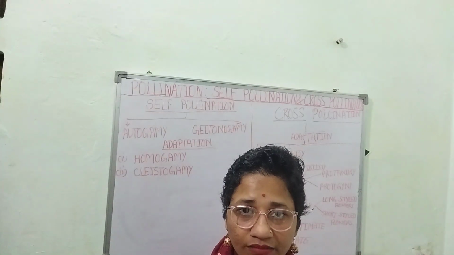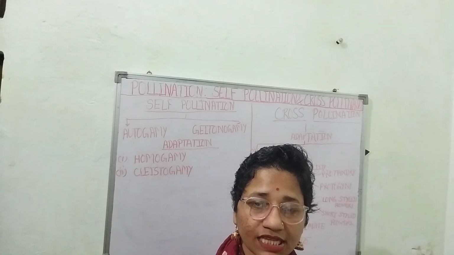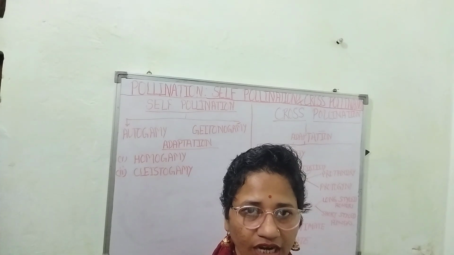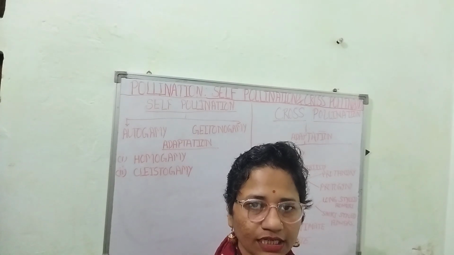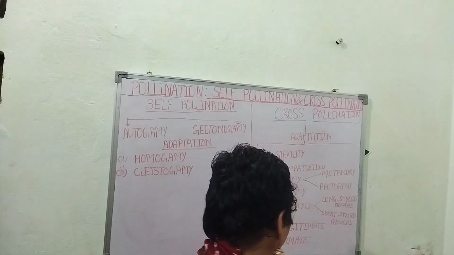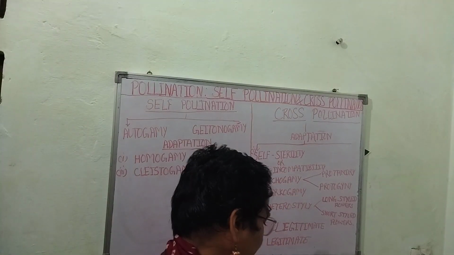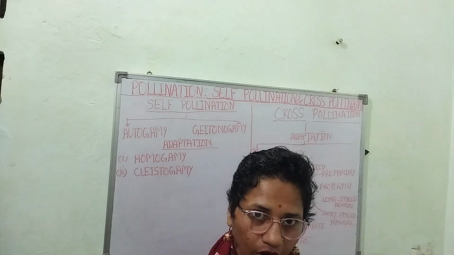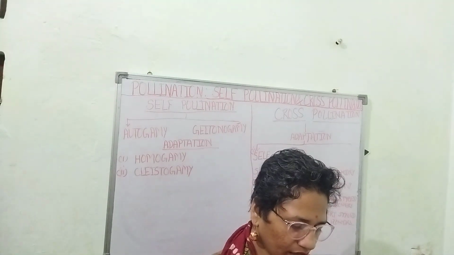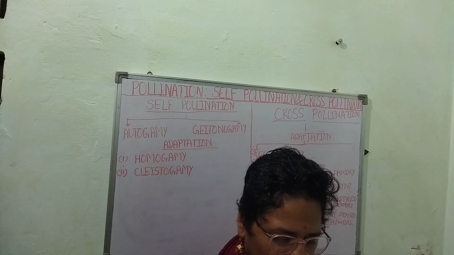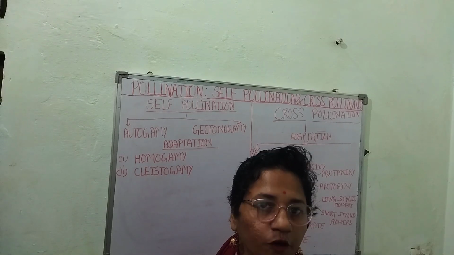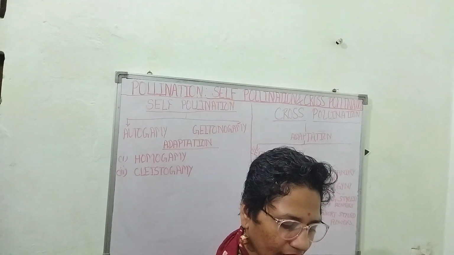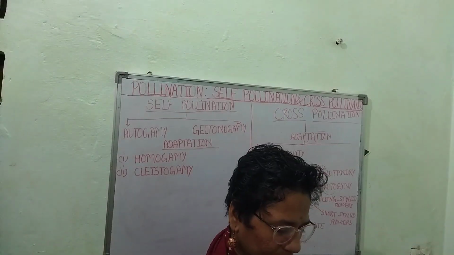Protogyny means that at first the stigma becomes receptive, but the anther doesn't shed pollen grains. इस कंडीशन को हम कहते हैं प्रोटोगाइनी. एंड उसके बाद में आते हैं हर्कोगेमी पर. हर्कोगेमी मीन्स होता है कि इसमें जो स्ट्रक्चर ऑफ पॉलेन्स एंड स्ट्रक्चर ऑफ स्टाइल है वो इस तरीके से है कि सेल्फ पॉलिनेशन ही नहीं हो पाता है. तो इस वजह से ही हर्कोगेमी में सेल्फ पॉलिनेशन नहीं हो पाता है.